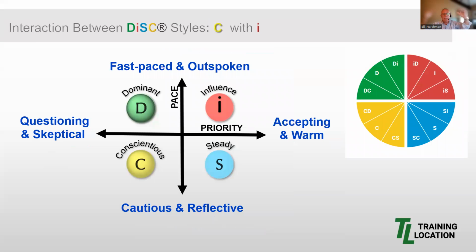Coming back up to a higher level, here's our model again to help reinforce and remind you where the C and the S styles fit into our grid. So today we looked at two individuals from different quadrants who share a cautious and reflective pace, however, differ in their priority, and even further identified when we consider their inclination and proximity. My caution here is lumping individuals into a style box or just a quadrant can really overlook what's behind the style and what's inside the person.